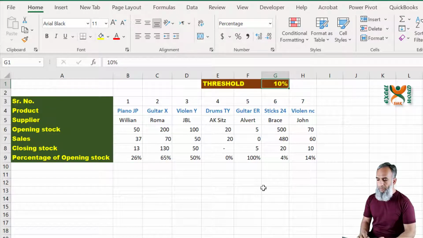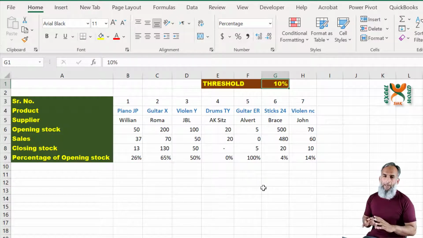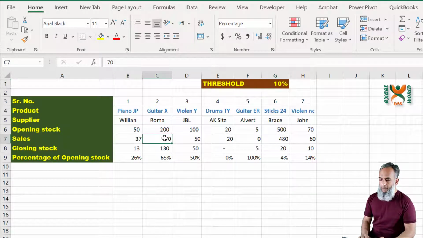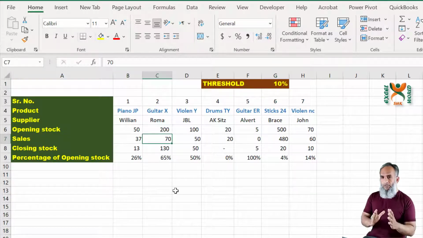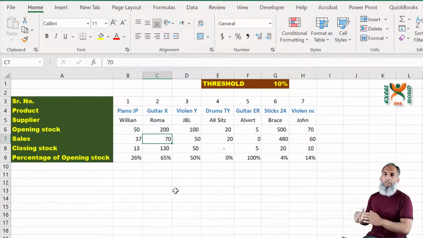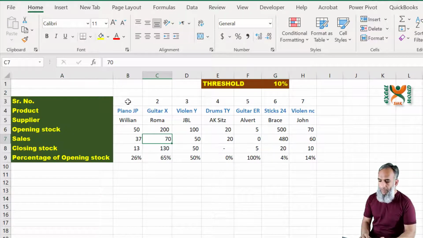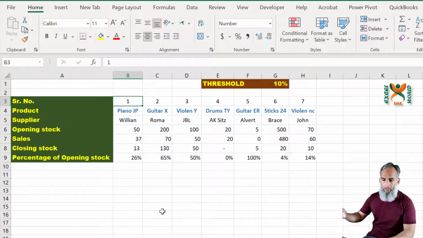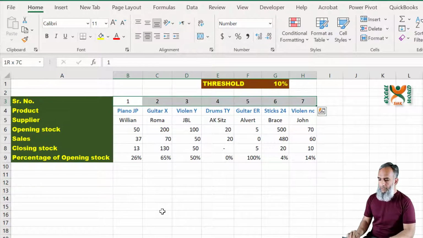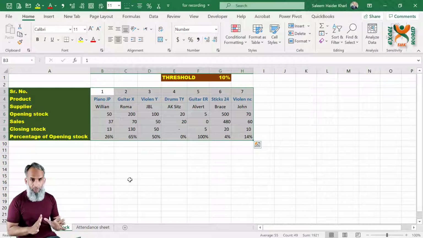And the percentage is telling you how much percentage of the opening stock you are left with. So the threshold, you can define that if it is below 10% or below 20%, then you need to reorder the particular instrument. For this, our data is oriented in a different way. You have records in columns instead of records in rows. So record 1 to record 7, you just select the complete record only, not the headings.